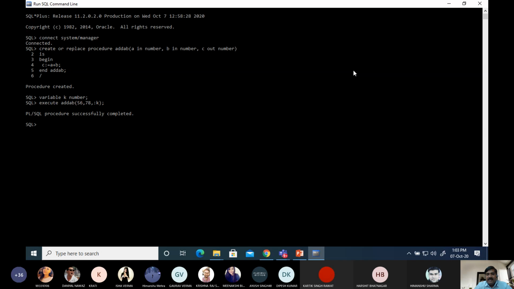Print and then K. In this way we can find out the value of K, and sum of 56 and 78 is stored in K, and that value comes from the value of C, and procedure performs summation operation and stores sum in C variable.